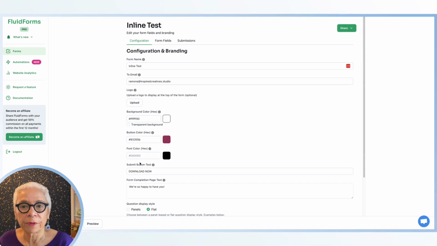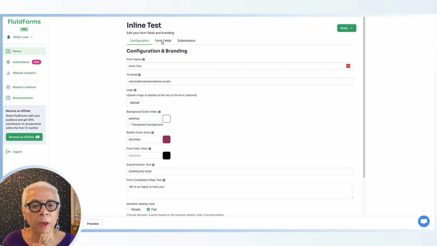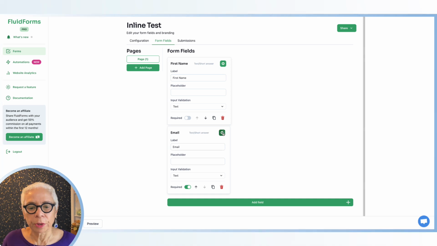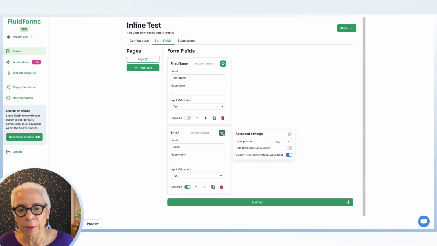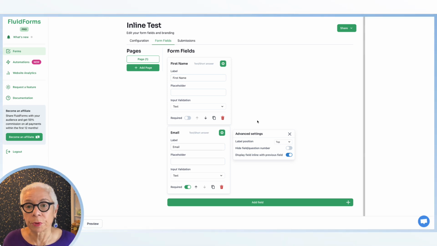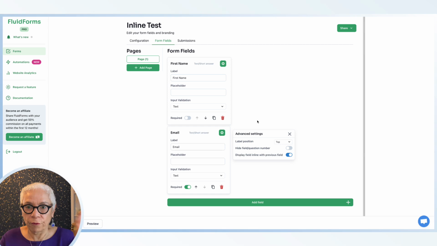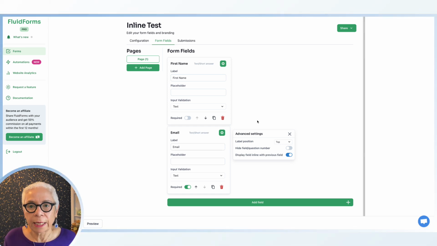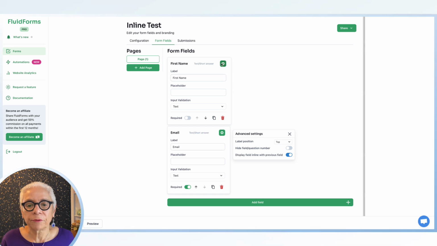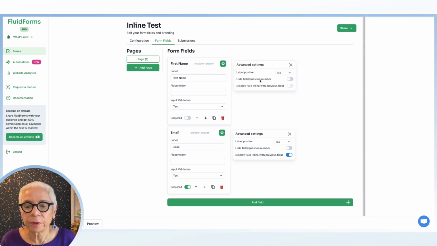Over here, when I have the Pro, I can go over here and now I can make this an inline. You're just going to follow these little prompts here. And you can also have placeholders, which is huge. At first it was the labels above your form, and that looks a little dated. So they put the placeholders in here, and all you have to do is go up here and say hide